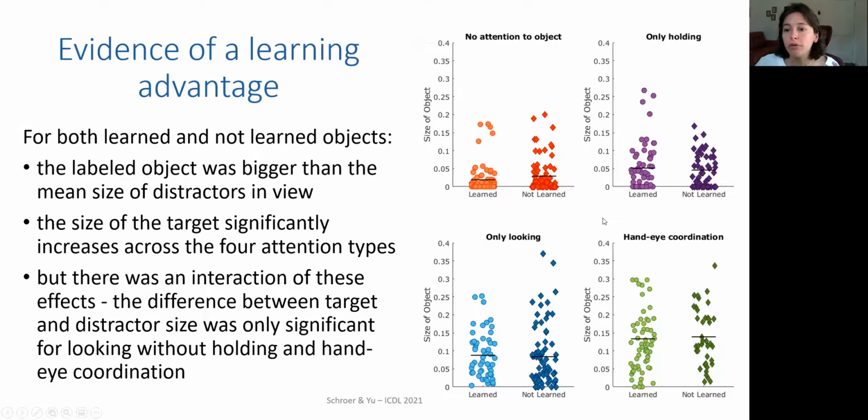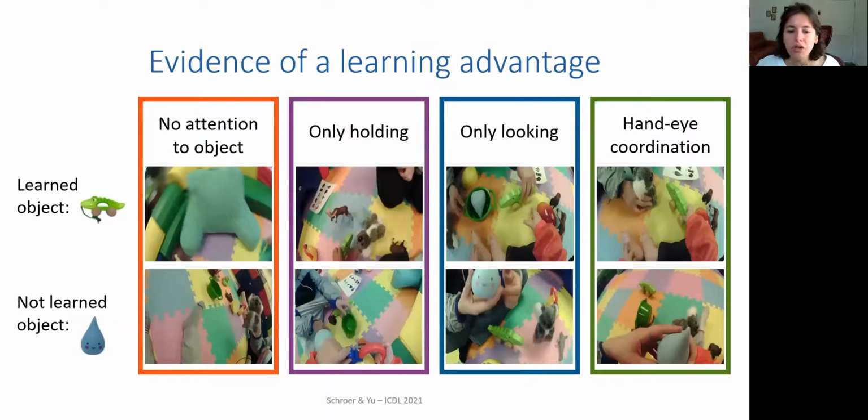Now, I think these plots are informative for seeing how learned and not learned objects differ, but it still doesn't really give us a sense of how the visual input is actually changing with these different types of attention. So to kind of show you these changes, what this top row has is these still frames of these different attention types when the parent was talking about the learned object, in this case, a croc, and then when the parent was talking about a not learned object, the drop. And I just want you to notice how much bigger the object gets across these 4 different types of attention, really showing that this multimodal type of attention and hand-eye coordination is creating this really rich visual information for the